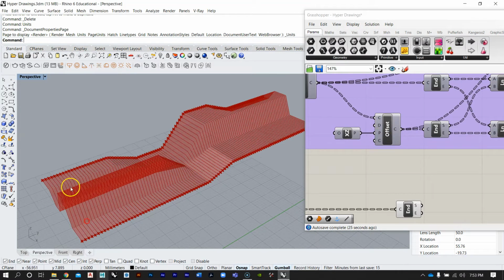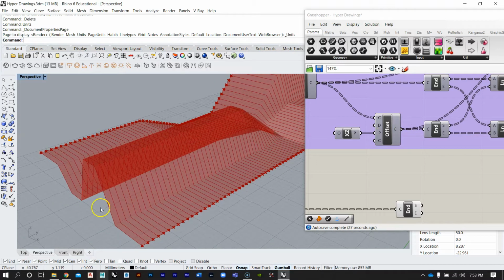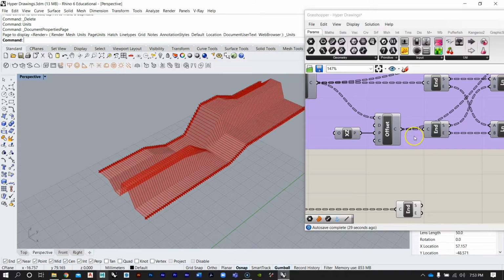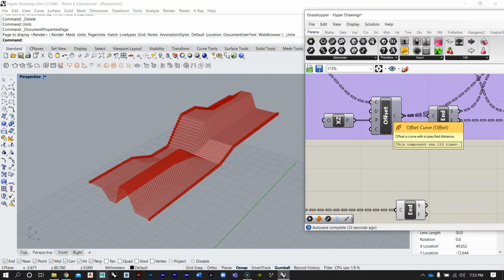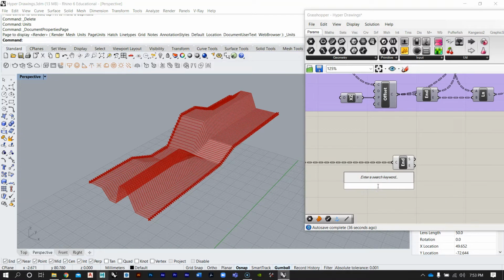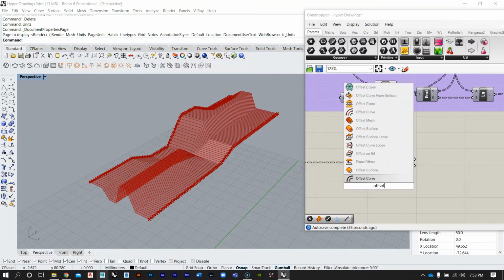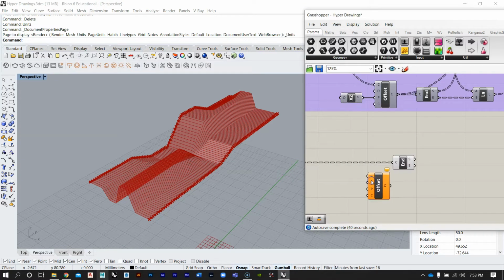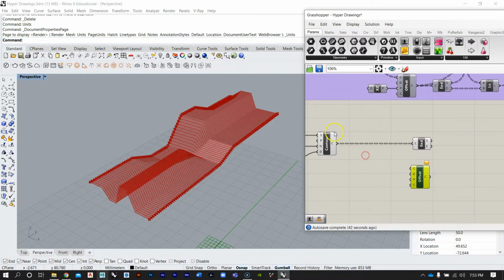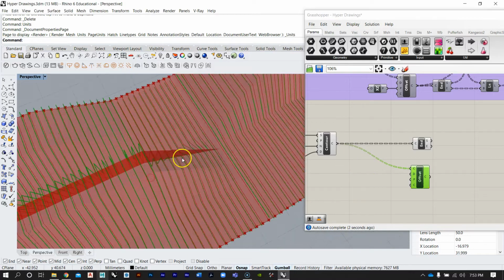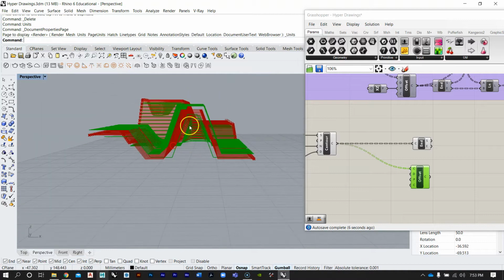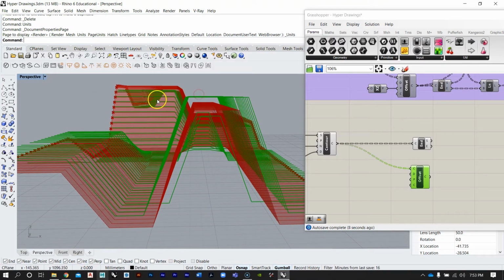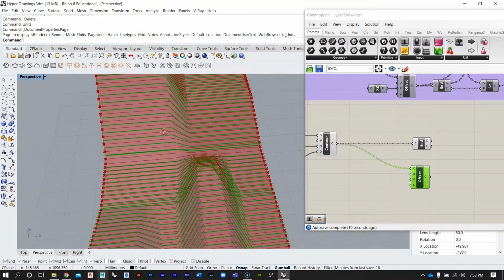The next thing we're going to do is offset these curves down or inward to give our slats some width. And that's going to be done with an offset node. So I'll type offset, and I want this offset curve. I'm going to come in here, and I'm going to offset every single one of those curves. Now by default, they're kind of offsetting in all different directions. You'll notice some go down while others go up. So we want to resolve that